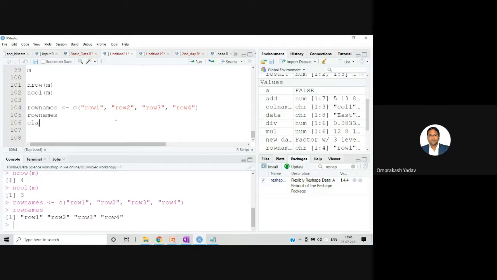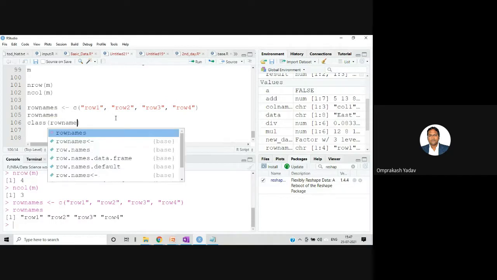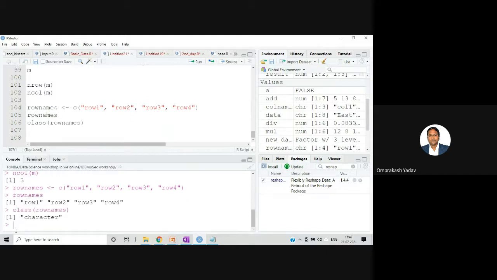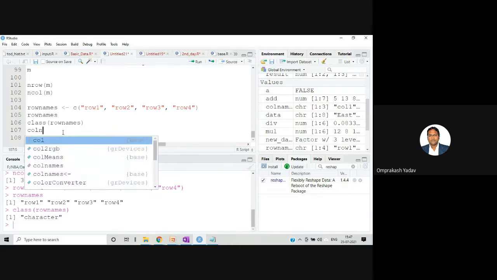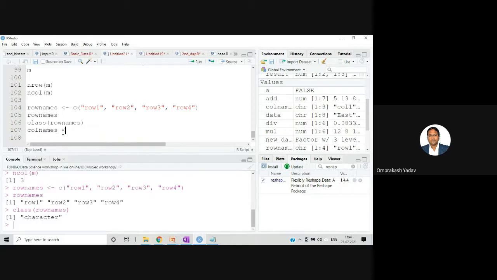If you want to check the class, you can say class row names, and it is a character vector. Similarly, I'll give column names.